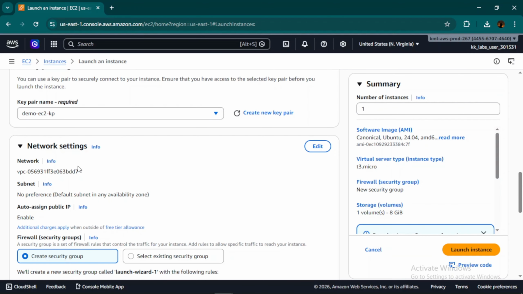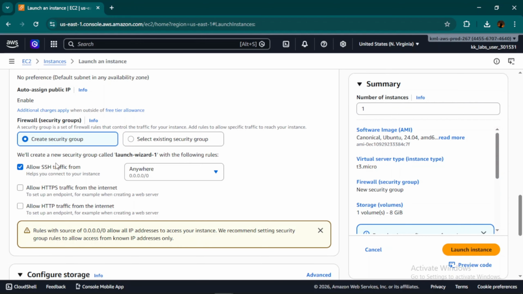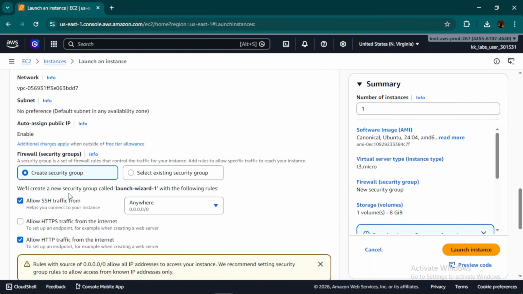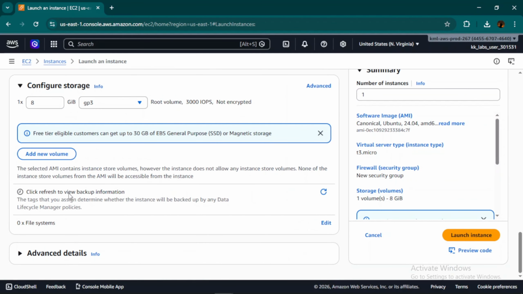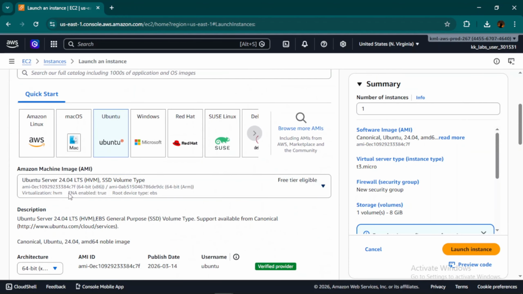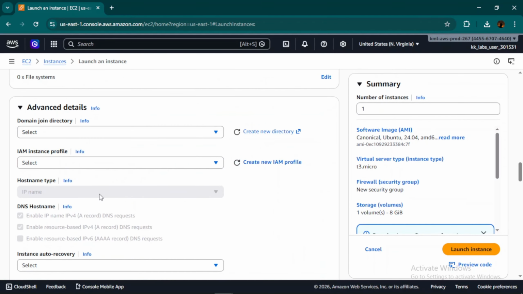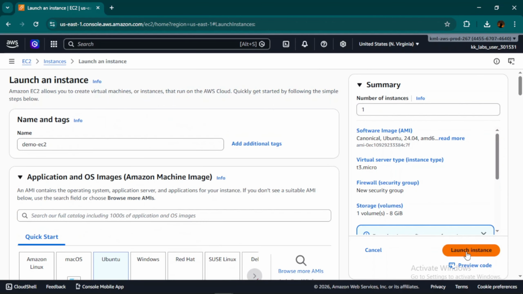And for networking, let's go with the default VPC, and we need to create a security group which basically allows SSH, and I'm also allowing HTTP because when I connect to this EC2 instance in my terminal, I'll update the packages and you will see that the packages will be updated. In the upcoming videos, I'll show you how to launch an EC2 instance with all those options such as advanced details, what these details are, what a user data script is, and all of those things. Click on launch instance.